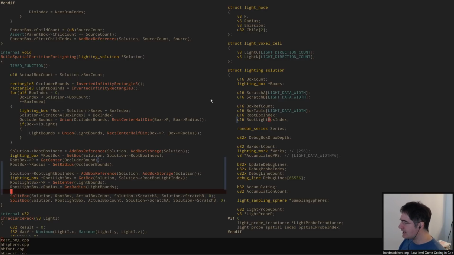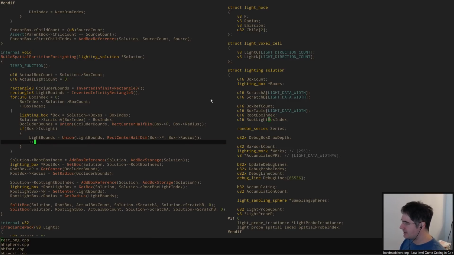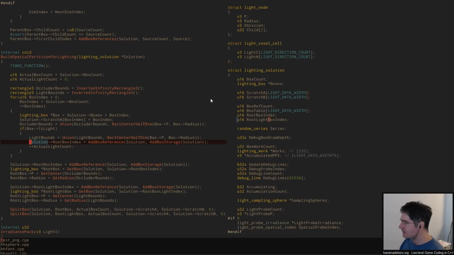Now, since that needs to know how many lights there are, we end up in a situation where this part here is not quite as simple. We need something that has the actual light count in here, and that's going to start out at 0. And in here, I think what we would do is count how many of those there are, and each time we actually get one, we would need to load it in here, right? So what we would need to do is make it so that we have,